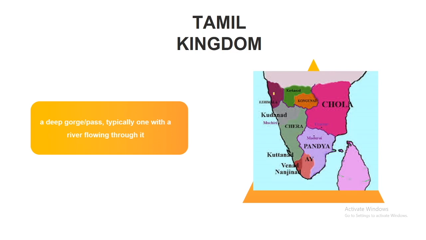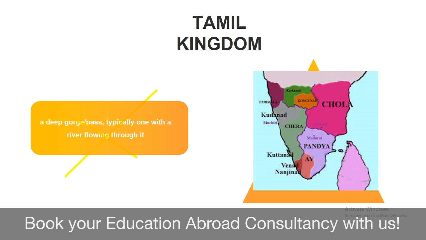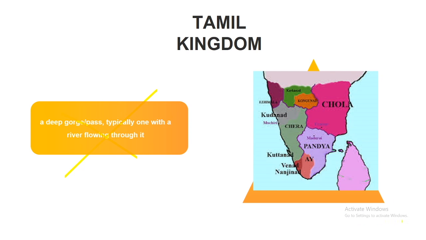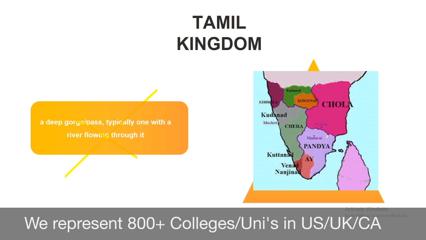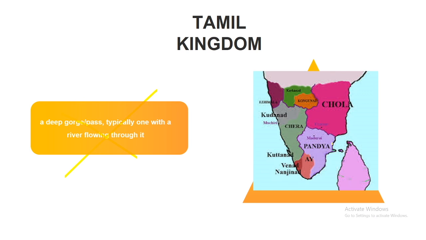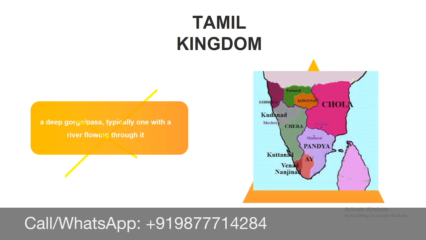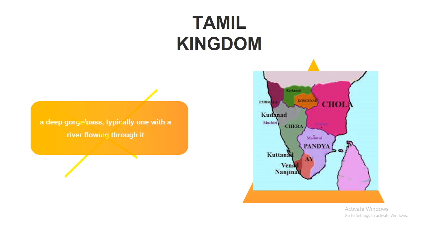Now we were talking about the Tamil kingdom, though it's not very important, but I thought I'll just show it quickly. Oh, I'm sorry, this is from the previous slide, just ignore this part. So this is basically your Tamil kingdom, and this is the western area. This is how southern India looked in ancient times during the 13th century. This tiny part here is Sri Lanka. This is current day Tamil Nadu. This particular area was called the Tamil kingdom, and we were discussing this area in our paragraph.